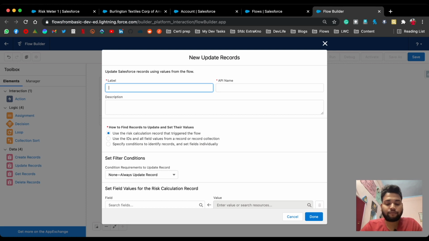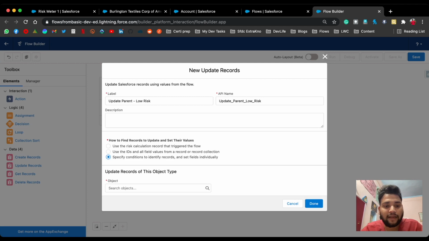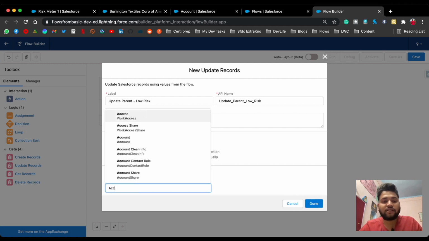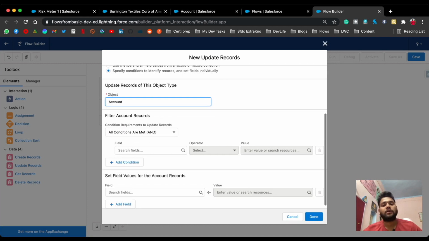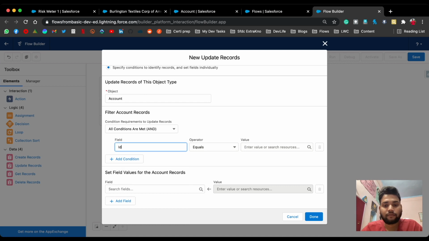Let's say update parent low risk, and here you need to select specify conditions to identify records, and here you need to select object, which is account, and now you need to filter on the basis of ID. So let's say ID equals